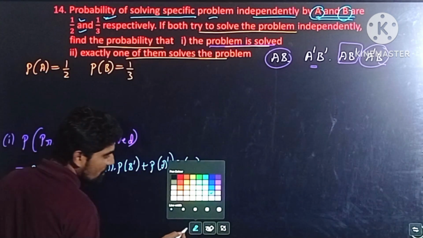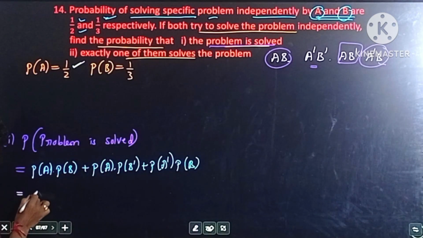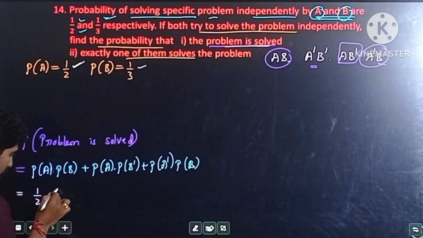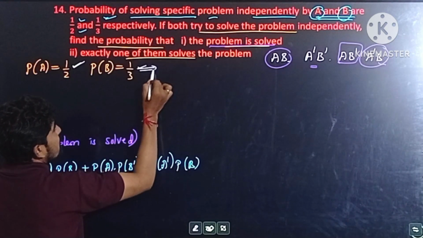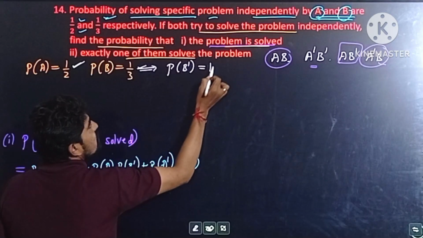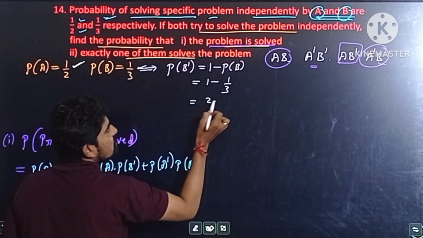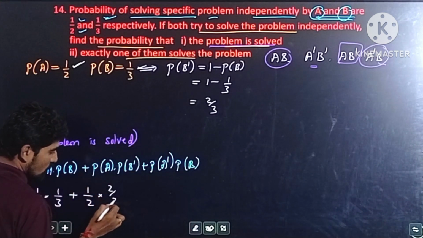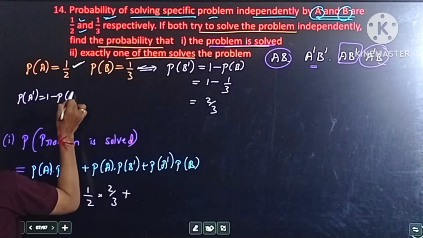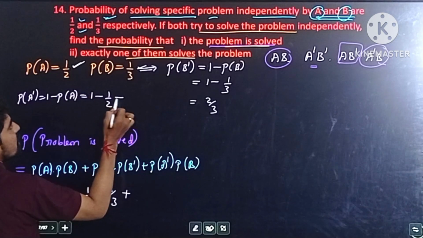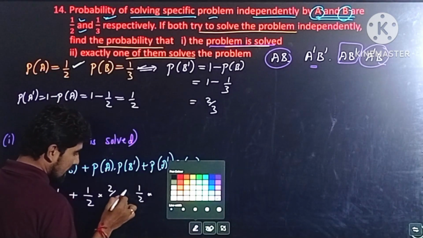Therefore, the probability of the problem being solved is equal to probability of A, which is 1 by 2, into probability of B, which is 1 by 3, plus probability of A, which is 1 by 2, into probability of B dash. We know that probability of B dash is equal to 1 minus probability of B, which is 1 minus 1 by 3, which is equal to 2 by 3. Therefore, probability of B dash is 2 by 3, plus probability of A dash. Probability of A dash is equal to 1 minus probability of A, which is 1 minus 1 by 2, and it is equal to 1 by 2. So 1 by 2 into probability of B, which is